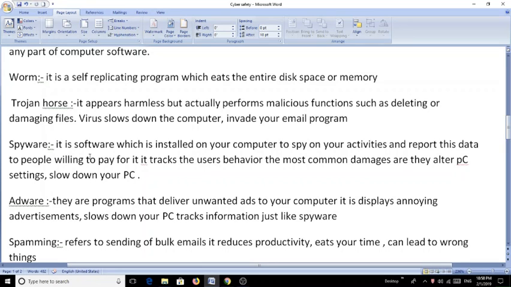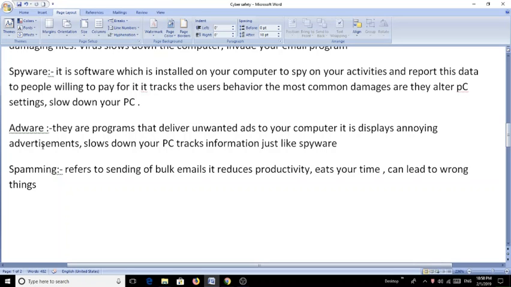Alter PC settings. Some forms of spywares can also alter computer settings like your web browser, home page settings, or placement of your desktop icons. This doesn't do much damage to your PC, but it is really annoying. Slows down your PC. Spywares can rob your PC of system speed and internet access efficiency. This can become a big problem when you are trying to use the programs on your PC, watch videos online, or download large files.